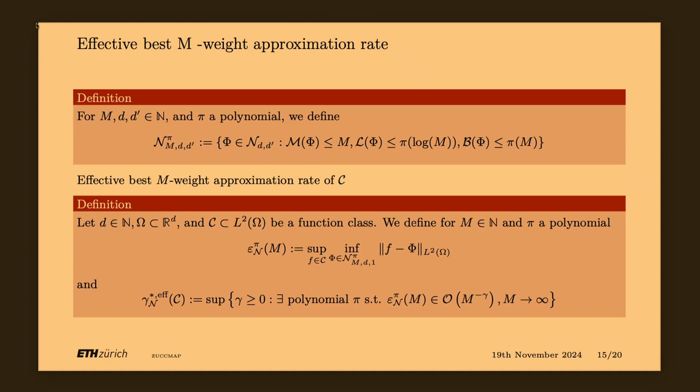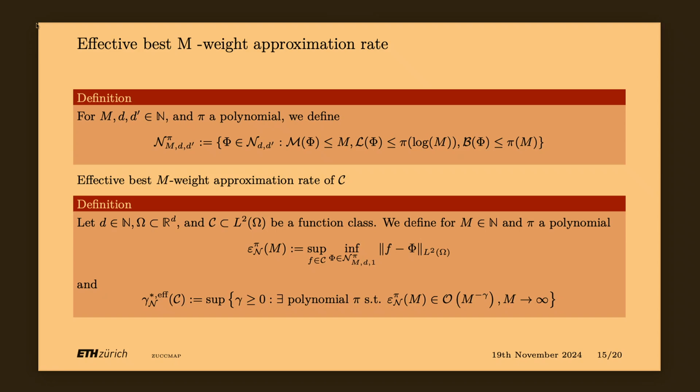I think the best way to think of them is by doing the parallelism with what we did before. There are too many neural networks from which we are searching, so let's restrict them, put these constraints, and search in this smaller class of neural networks for the one that is best to approximate our original function. And again, let's define the error, and let's define this